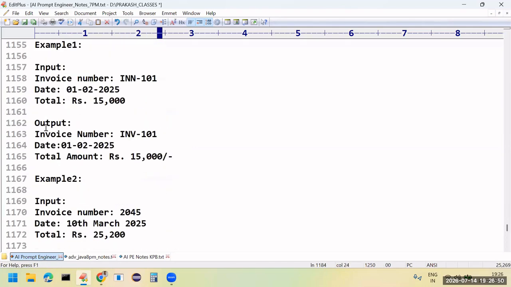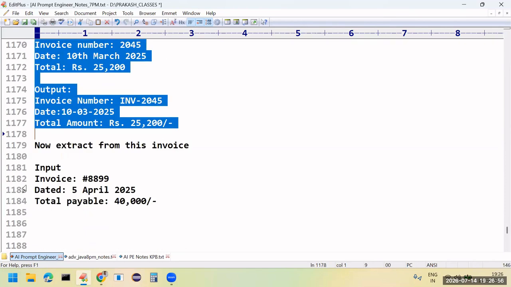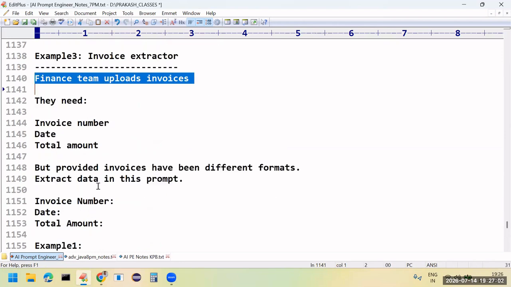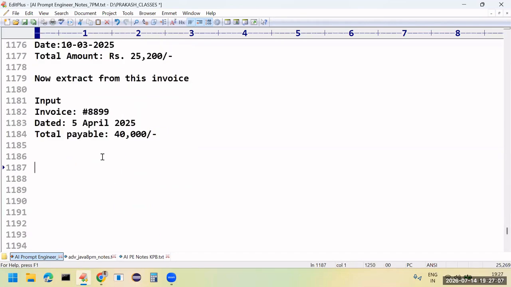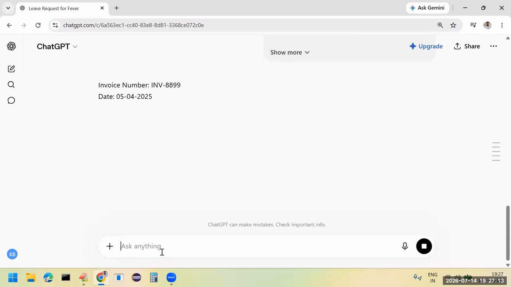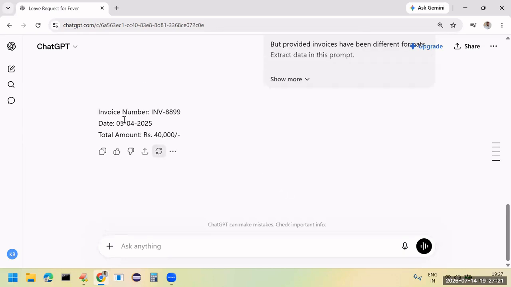Now, my AI model is going to understand the previous input and output you have written. Based on that, it will generate output for us. Can I run the prompt? Please confirm. So let us see how it will work. Invoice number INB 88, date 54/2025, amount. So is the data coming in a proper format or not? Yes. Clear? Please confirm.